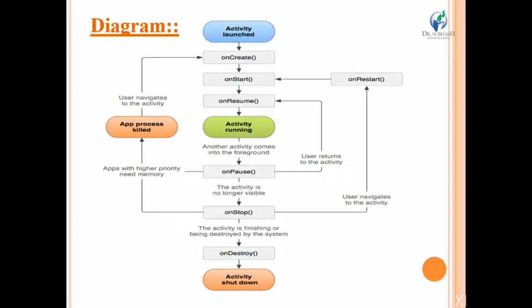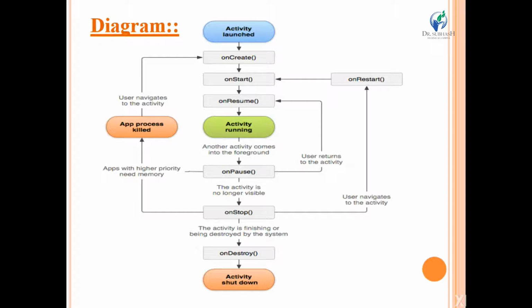Now this diagram shows us the entire life cycle of an activity. Suppose the user has launched an activity, at that time the onCreate method will be called first. It is used for initial setup, or we can say initialization. Next, whenever the activity is going to be visible, at that time the onStart method will be called.